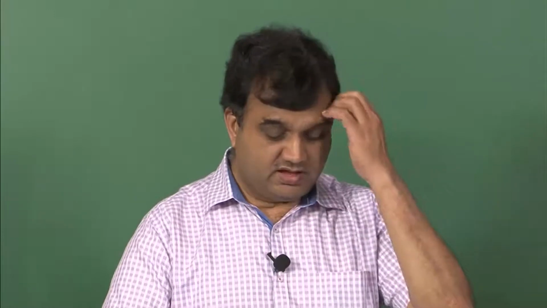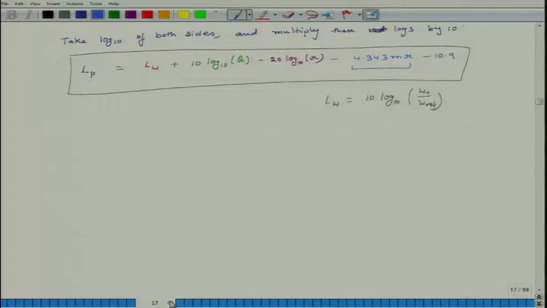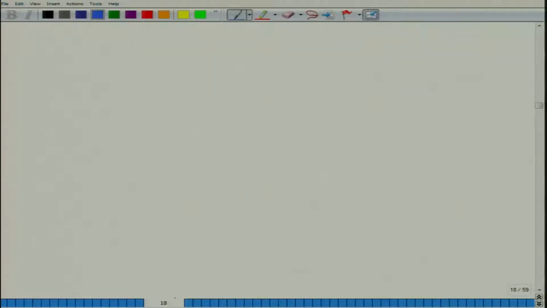The sound producing source we have discussed so far is in an ideal situation. It is located in free infinite sized space full of air, and there are no reflecting surfaces whatsoever in this whole space. So, for this kind of situation, we developed a relation for LP, and we will write that relation one more time. The relation is